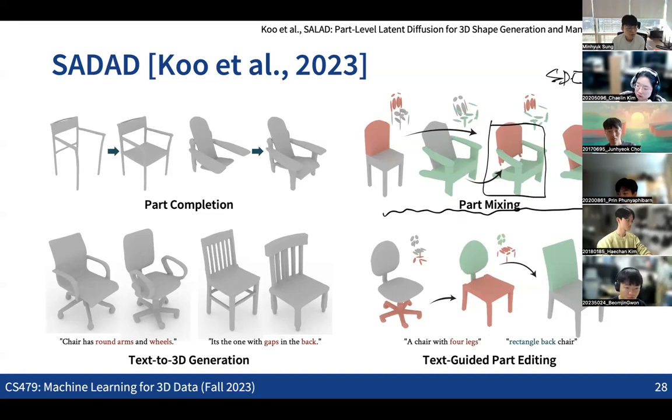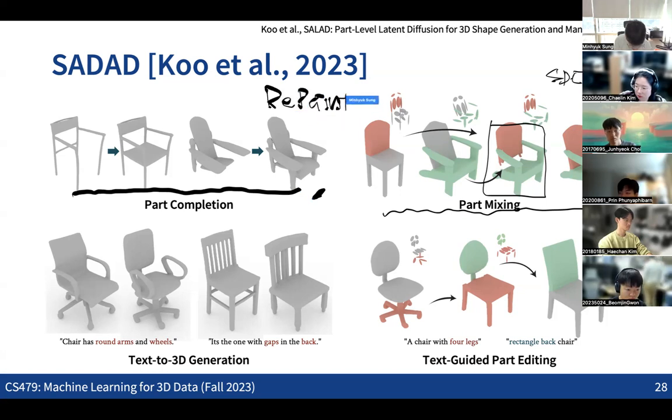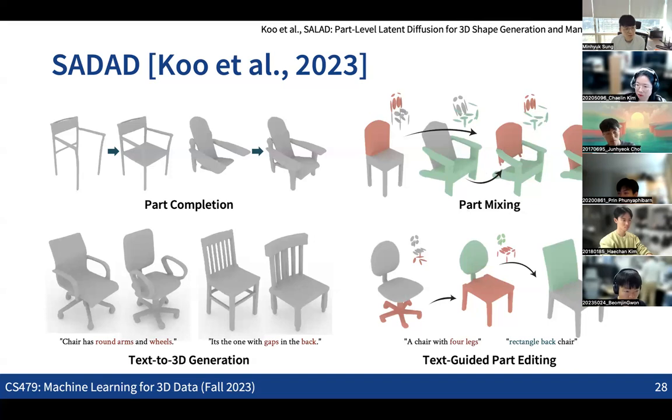And you can also apply the idea of RePaint to complete missing parts. This is also an example where we use exactly the same RePaint idea to fill in missing parts for these 3D shapes. And this is doable because we are also using an explicit, part-level representation. If everything is a latent representation, then we cannot do this kind of part-level editing using the different models. So those are also the pros and cons of using different representations. Those are some of the examples of using the different models in the 3D case.